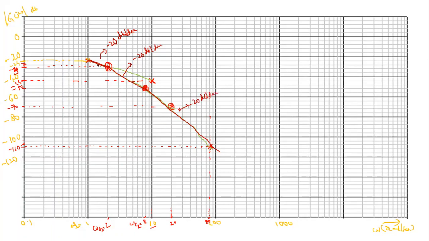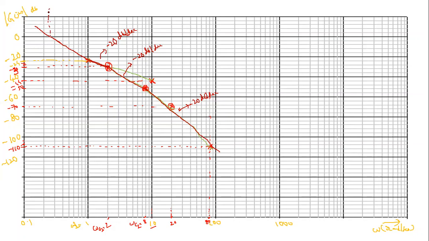Okay, so 3 terms over. But here, what to find? In order to find the gain margin, phase margin, gain crossover frequency is required, right? So for that, we need to extend this line and please touch 0 dB line somewhere. With a scale, just extend this line. Already line is there, extend. Somewhere it will touch 0 dB, it will be useful for further. And here it is touching for me.